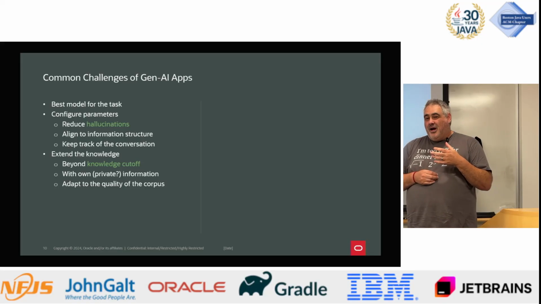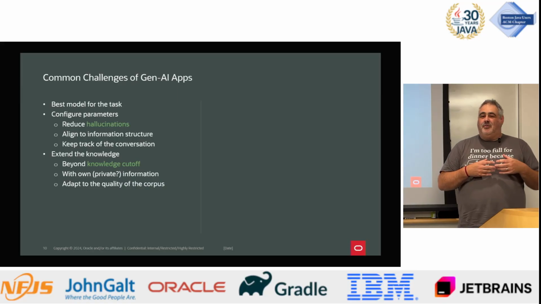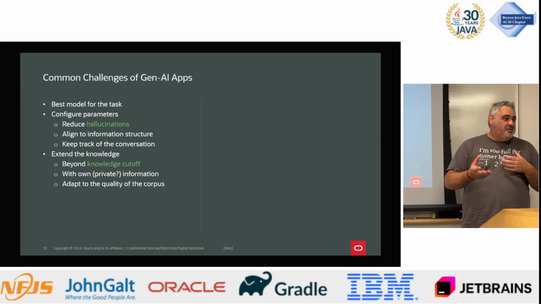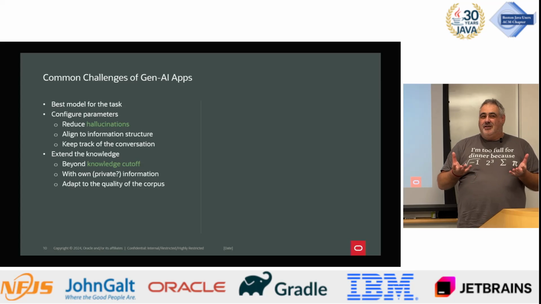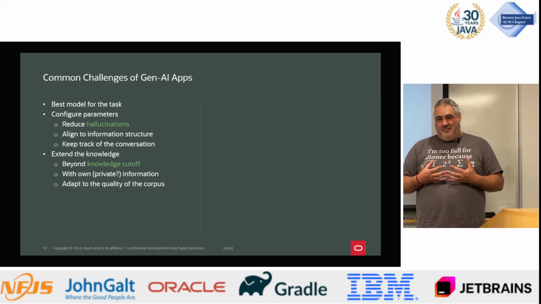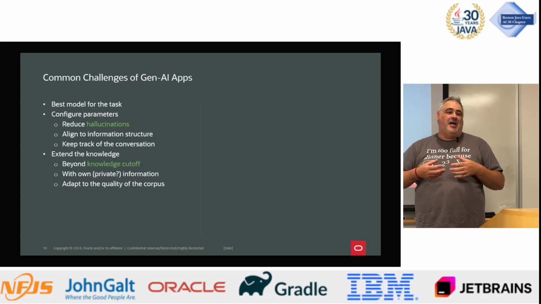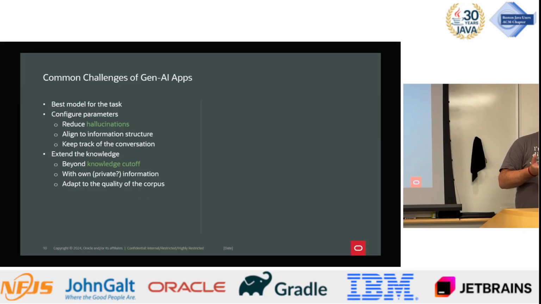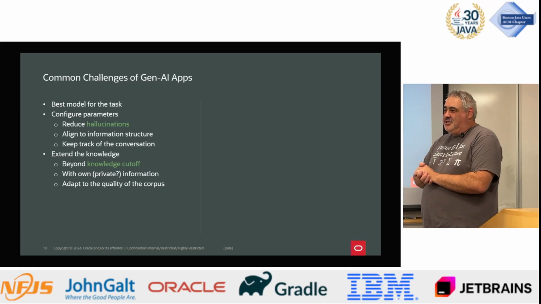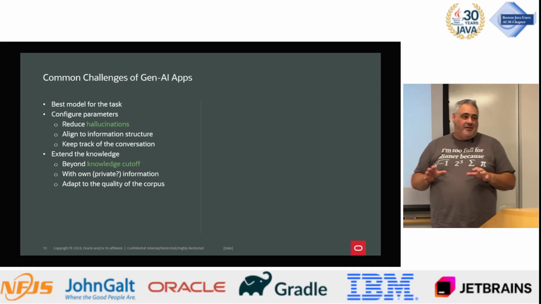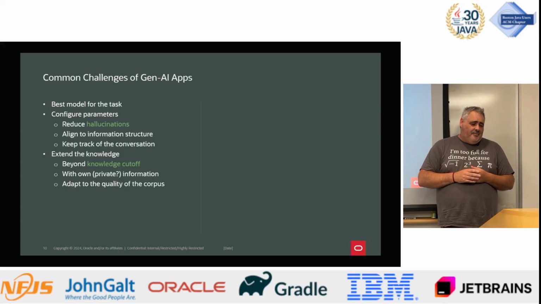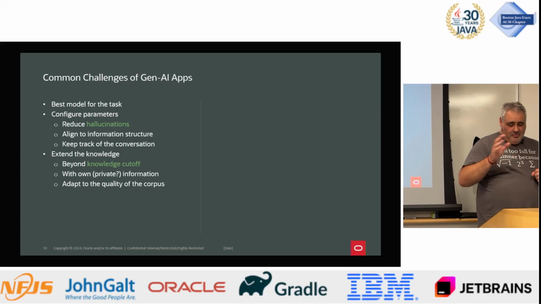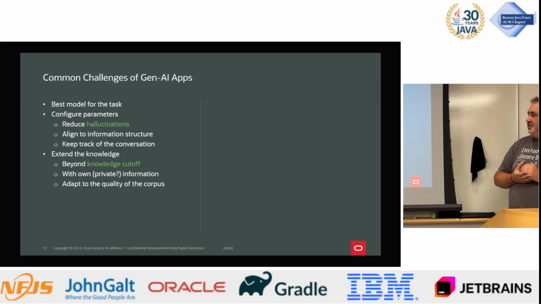Also, because they're trained on public information, I guess people really want to use these to build things to interact with their customers or suppliers or employees. They need to have access to private company information, like policies, or maybe they need access to your systems to look up things. Maybe you want one that your employees can ask, what's my last benefits payment for my healthcare or whatever. It's got to be able to go look that up. So none of these models have access to any of this private data. So those are some challenges, and we'll come back to these and talk more about how to deal with them.